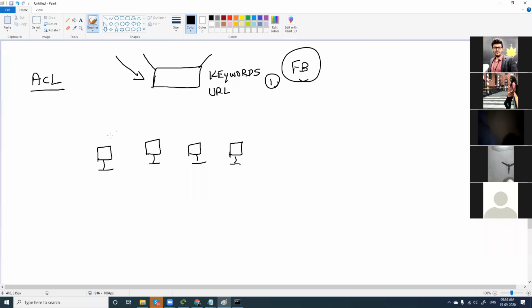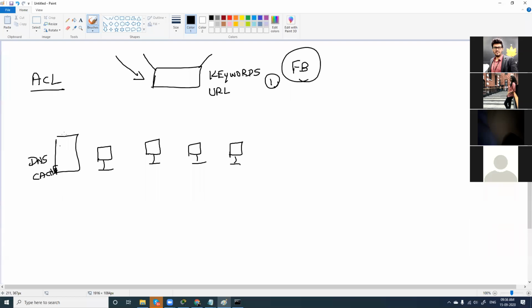And there is one more option where you can configure DNS cache. You can configure DNS cache in your server. In your server, you can go to Windows etc and configure the host file, so that it gets applied to all the computers in your LAN. Right? These are the different options here. Fine. I hope you understood this.